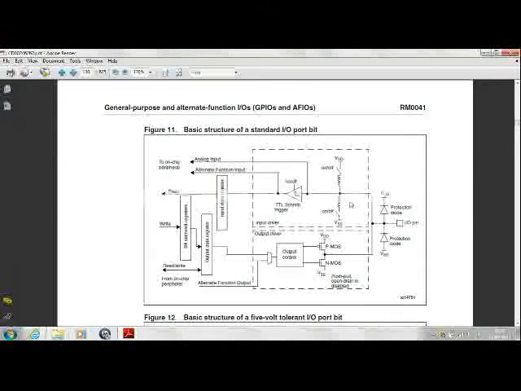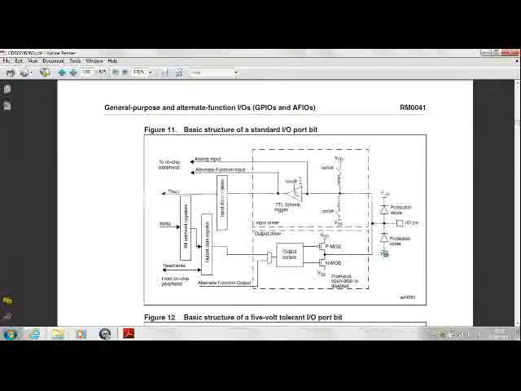Your LEDs as displays, your LCDs as displays, they're all connected through the GPIO, or the general purpose IO, as the name suggests. So a port structure is given for a 3.3 volt tolerant pin here. You have the protection diodes to start off with. This is the physical pin that is being pulled out on the die of your microcontroller. This is where you will actually connect your devices, say the resistor and the LED, or you can have a resistor and a switch, or you can have your LCD connected here, transistors connected here, and so on and so forth. Then you have the protection diodes to which the VDD supply and the ground, or the VSS supply, is connected.